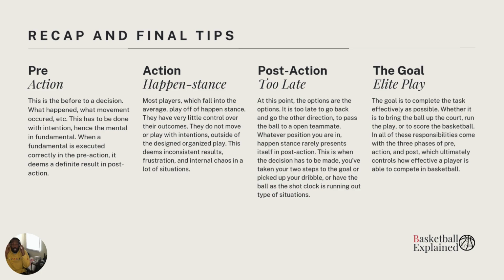Internal chaos. As human beings, we have a brain and we look to understand and recognize patterns. And you're going to see a whole bunch of janky things that don't necessarily connect every single time. And that is what happenstance players find. And they feel like there is no true connection or understanding in that arena because that's all they know of the arena. So it's hard to, quote unquote, convince people of this side of it, the pre, that are in the action, where most of basketball is in the action,